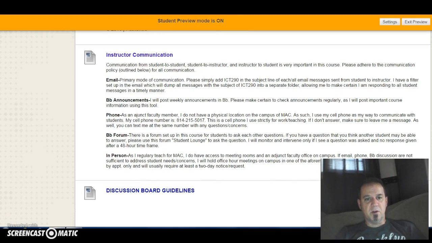Below that, I have the instructor communication area, and this area here is a mixture of the Mount's policy on communication, which says email is the primary mode of communication. So I listed that first here. That is the primary mode of communication. But what I would like for you to do is, when you email me, please put in the subject line ICT290,